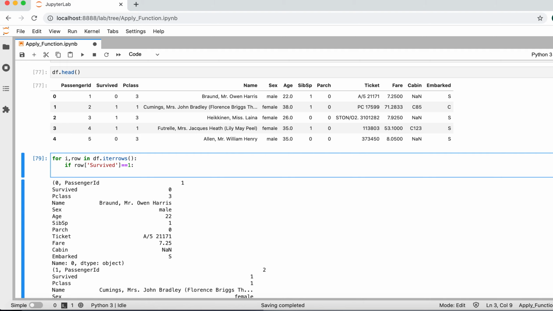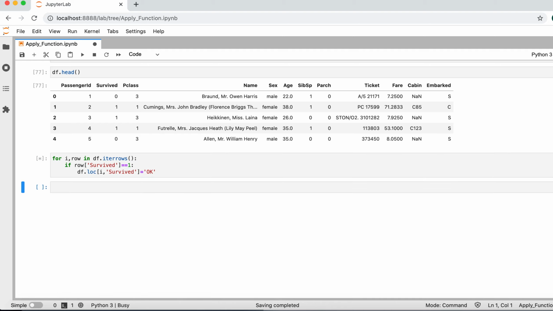Then I need to update the data frame for that particular row, which I can access by the index, and then the column name Survived equal to, let's say, I'll name it as OK. So he's safe, or okay, whatever. Now if I just run it and then try seeing the data frame,